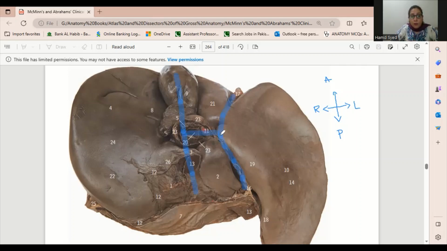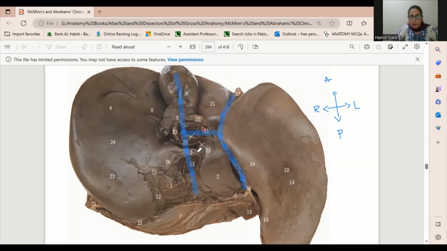And as I told you before, this here is the H which helps us identify the liver anatomy, because here you can see this is one limb, and between this limb and the vertical limb passing through the gallbladder, over here labeled number 21 is the quadrate lobe of the liver. Whereas if you look at the posterior aspect between the two vertical limbs, labeled number 2 is the caudate lobe of the liver. The caudate lobe of the liver has this process labeled number 3, which is known as the